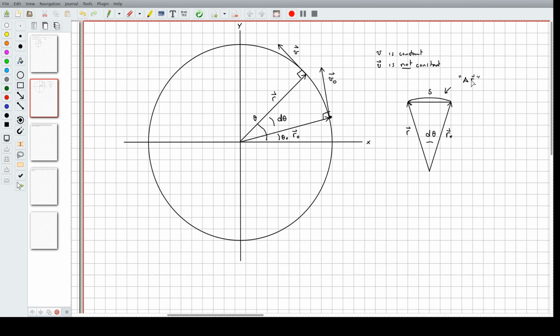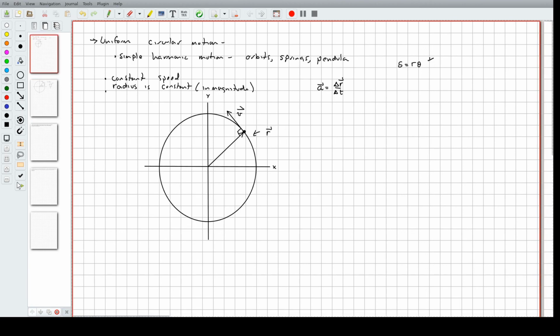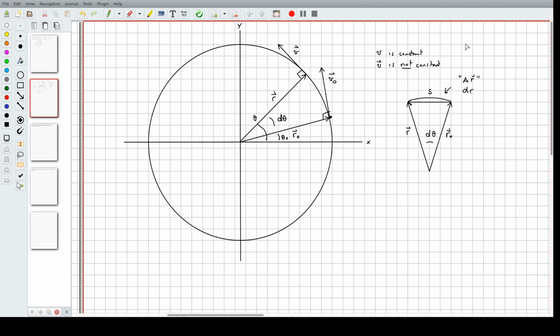So this right here, like I said, would be delta r, or we're going to call it dr, just in magnitude. So let's see, if you remember over here where I said, let's not forget this, S is equal to R theta, then if you were to look at S is equal to R theta and take the differential of both sides, ds. R is constant, remember,